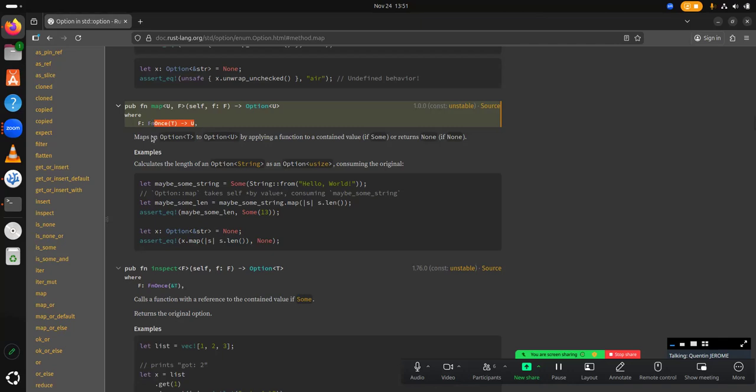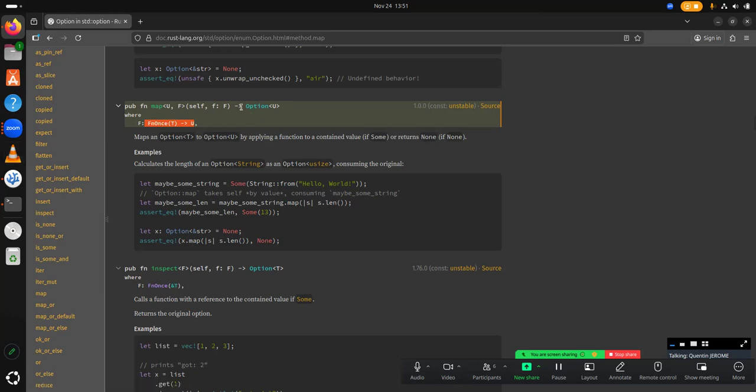It's a closure that takes a type T and returns type U. That's it. It can be whatever. And the result of the map is an option of type U. So basically what it does is it applies the closure and wraps the result of the closure in an option. That's what it does. So what I want to say is, you call an option dot map, you get another option,